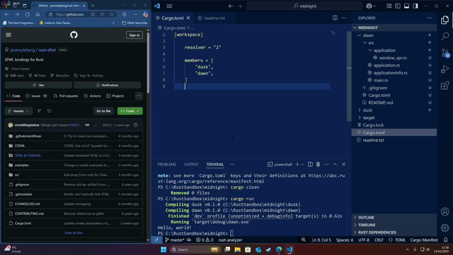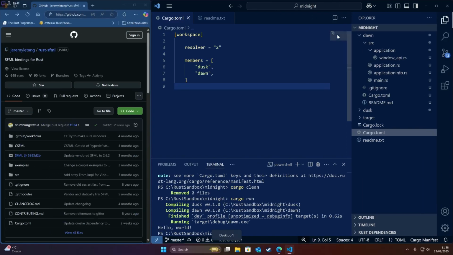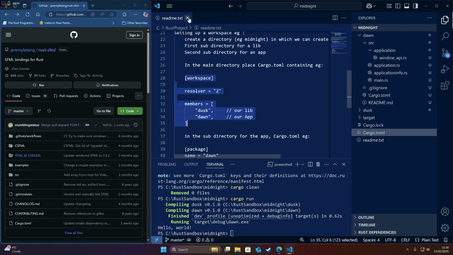So if you're wondering why there's this question mark here, app.rs, yeah, I wanted really to avoid abbreviations, so I did end up calling it application. Yeah, why not? It's a bit more to type in. But we do now have